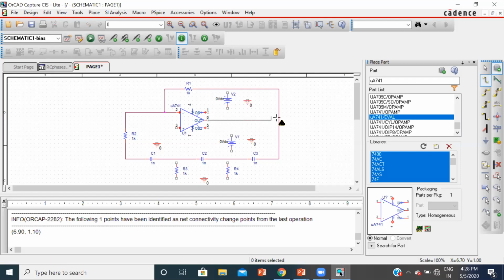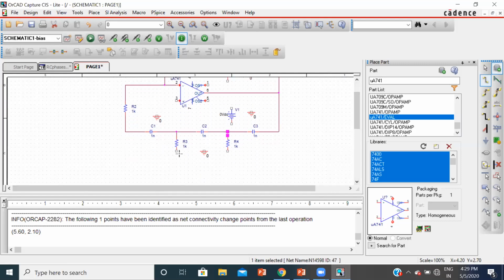Sixth pin is the output, so here it is connected. Next, these resistors are connected to this junction, and the other end of the resistor is connected to the ground. So what you can do is move this ground point downwards and then connect it.